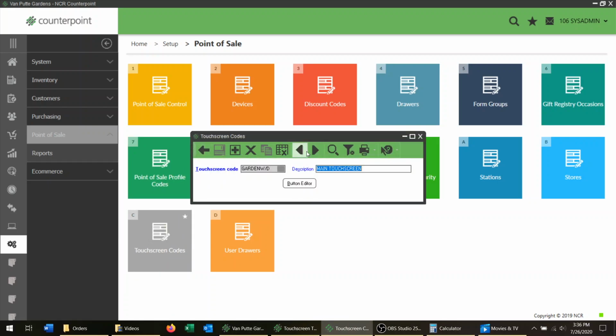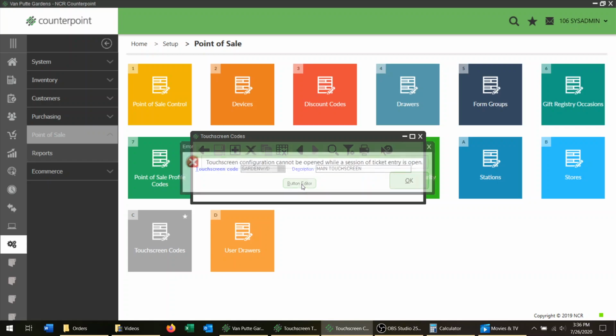If you tab over here, you're going to find the only one, Garden WD. It says main touchscreen. This is the only touchscreen button that we currently have. It doesn't mean that we might not have more of these in the future relative to different seasons, but right now this is the only one, and you are going to click button editor